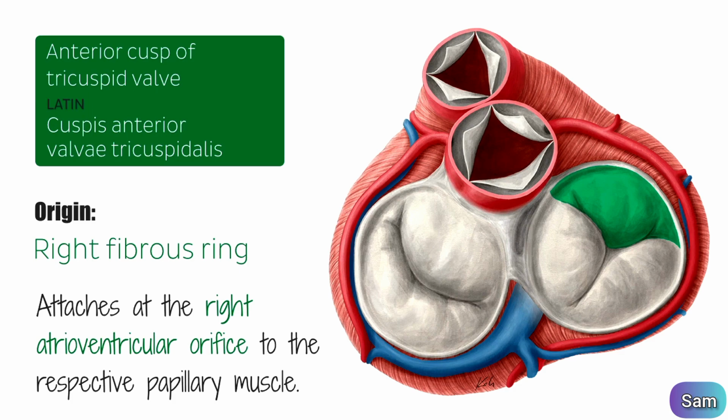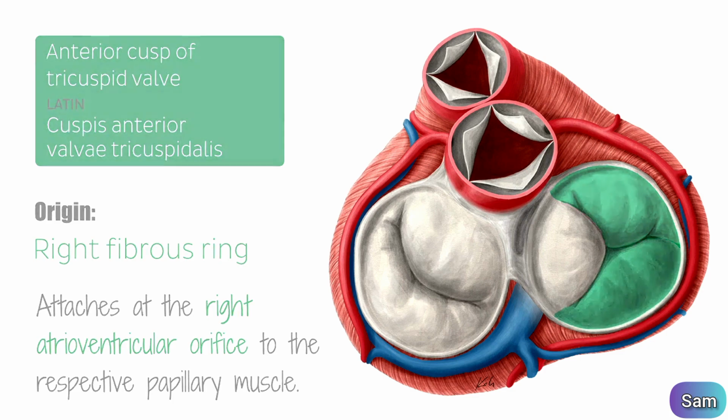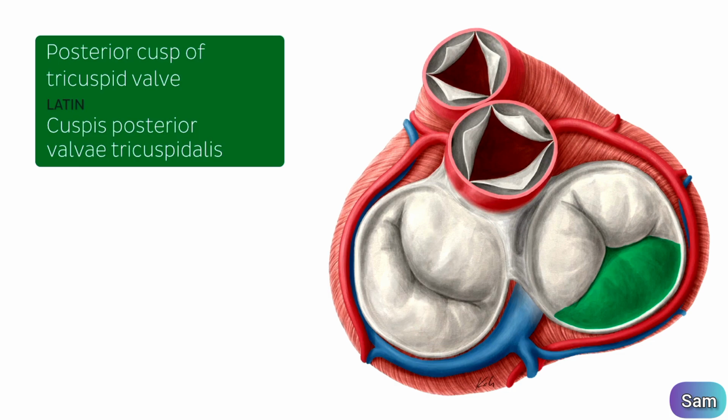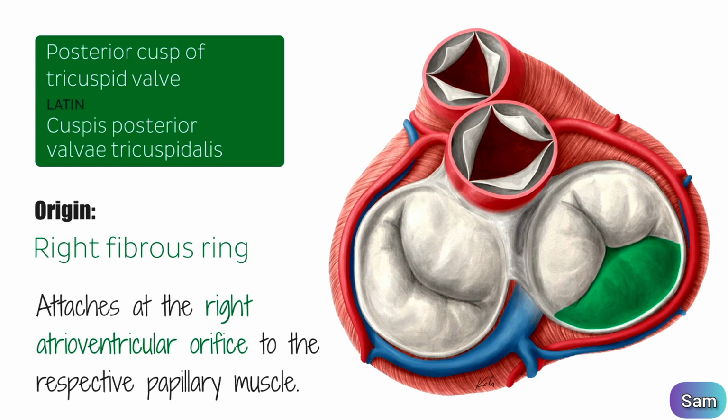or the chordae tendineae. We're going to be highlighting now the posterior cusp of the tricuspid valve. Now, this cusp is median-sized and is the most dorsally placed of the 3 leaflets of the right atrioventricular valve. And like the anterior cusp, it also originates from the fibrous ring, specifically the right fibrous ring, and then attaches at the right atrioventricular orifice to the respective papillary muscle via